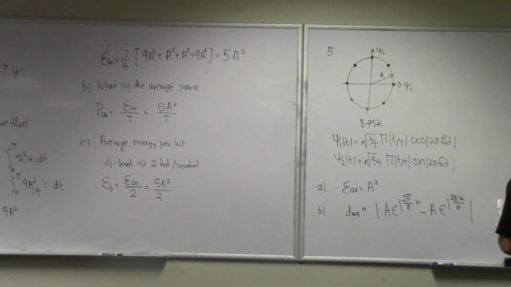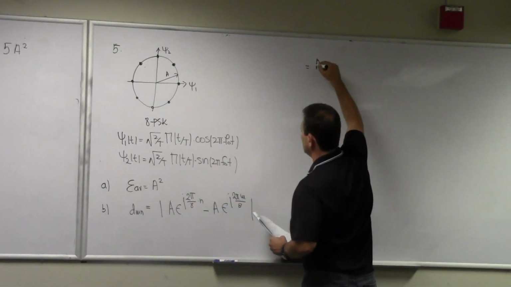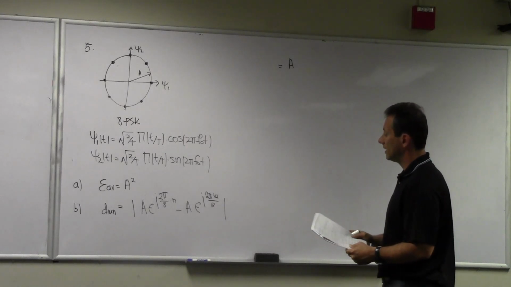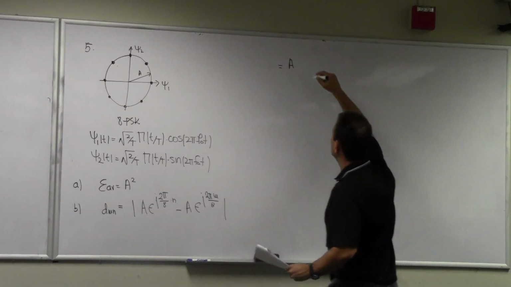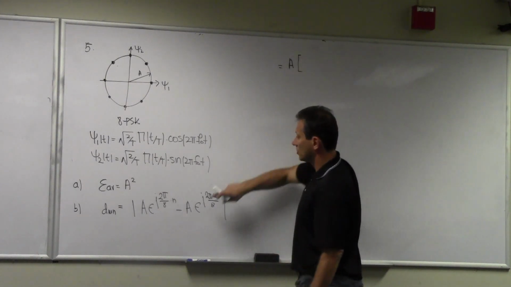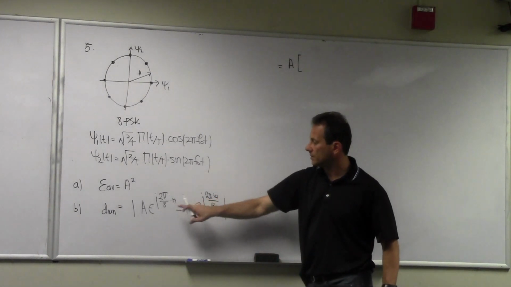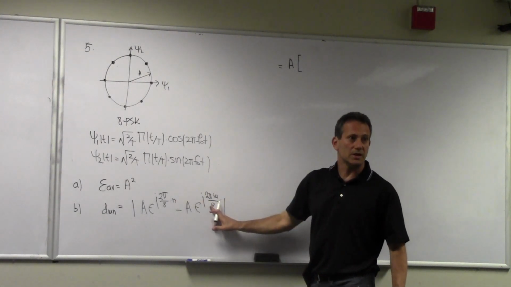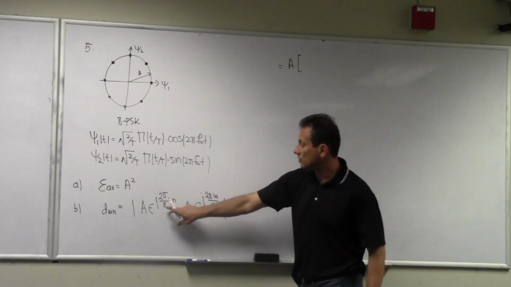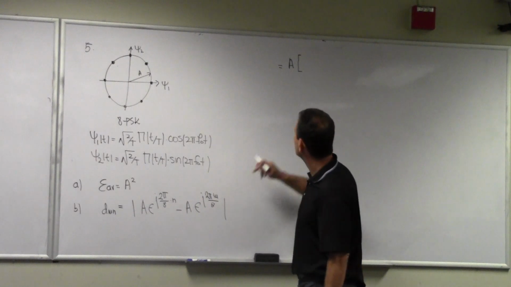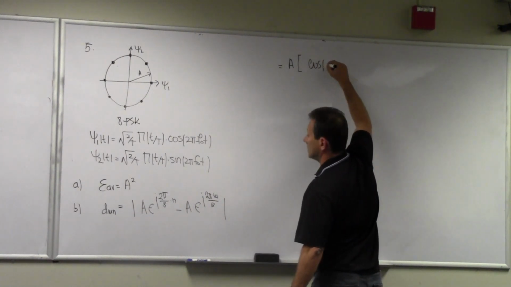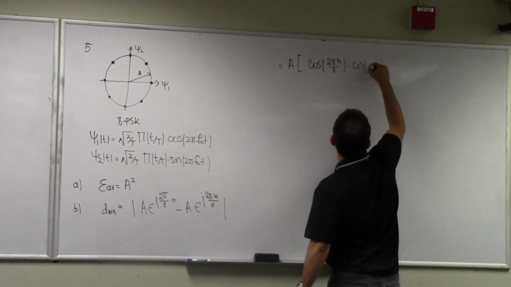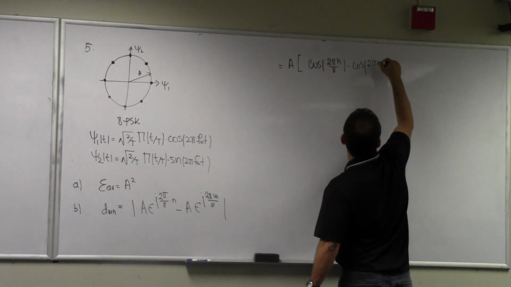Now, this ends up being a can go outside because you can see a is common, and all I have is the difference between these two exponentials. Using Euler's identity, you have a cosine from here minus cosine from here, plus j sine from here minus j sine from here. Do you see that? So the norm becomes cosine of 2 pi n over 8 minus cosine 2 pi m over 8,